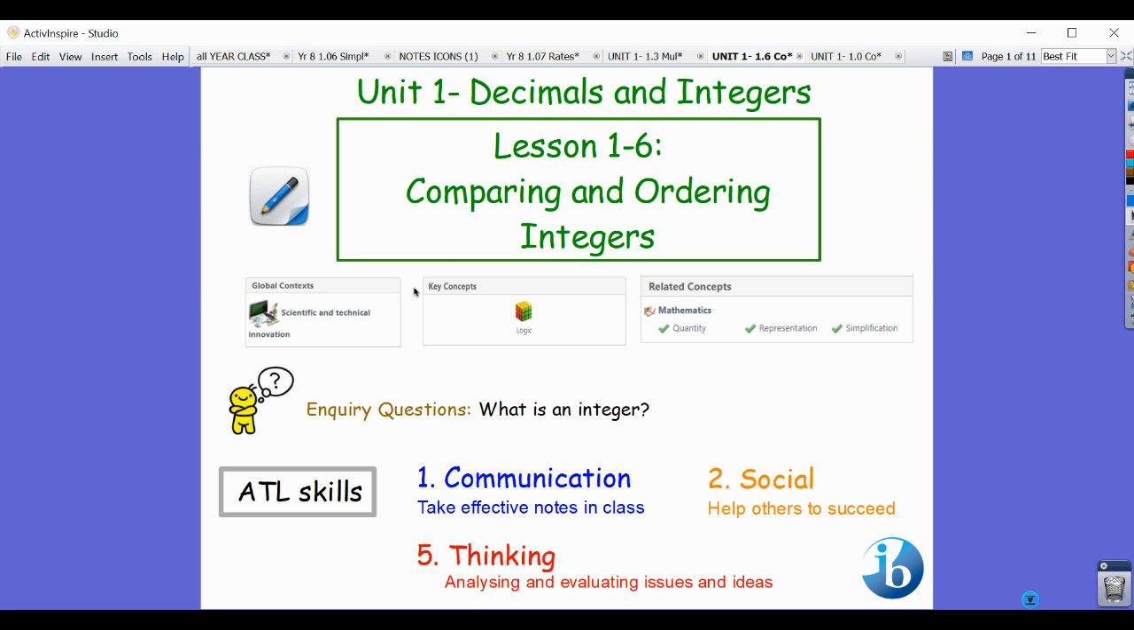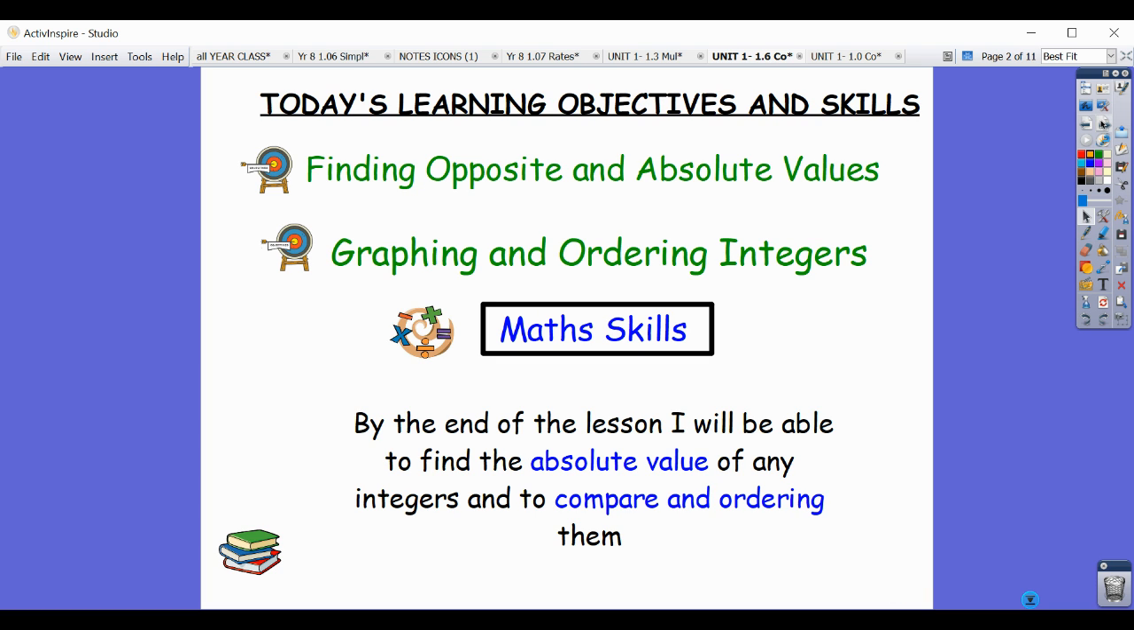Today we're going to be covering lesson 1.6, comparing and ordering integers. Let's have a look at exactly the things we're going to do. We're going to be finding opposites and absolute values, and graphing and ordering integers. In fact, we are not going to be doing much graphing, but yes, we're going to be doing some ordering, okay? And without further ado,